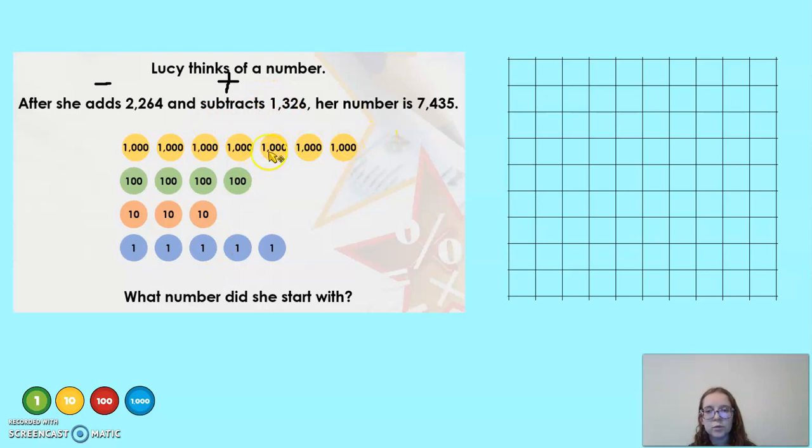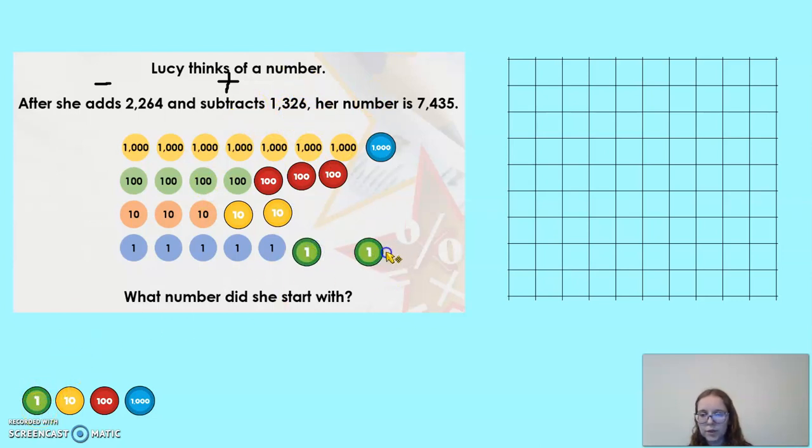So I need to add on 1,000, 300, 20, or 2 tenths, and then 6 ones. Now I can look at my new number, but actually there's something wrong with my new number